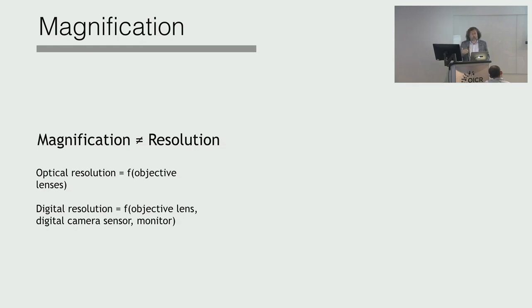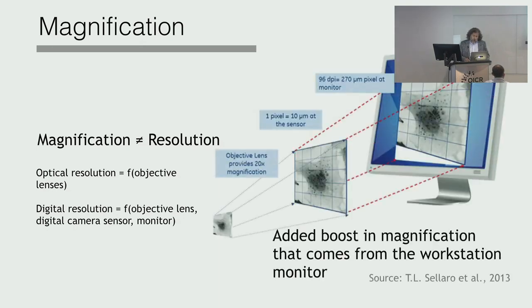These are very serious questions that we ask if we're requiring pathologists to go digital. So how can I do that? There was no distance between my eye and the object going through the lens. Now there is distance when I look at a monitor. So one of the good things is that you have added a boost in magnification when you go digital,